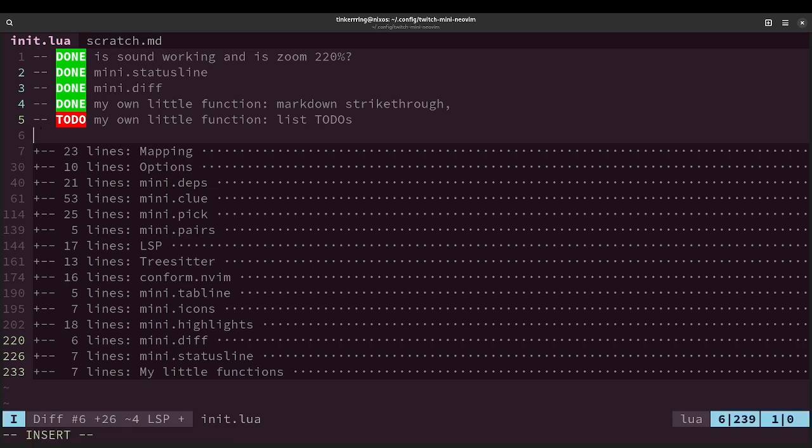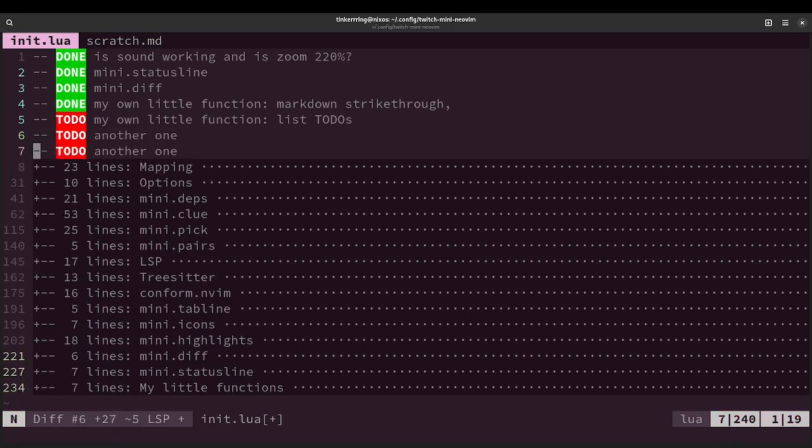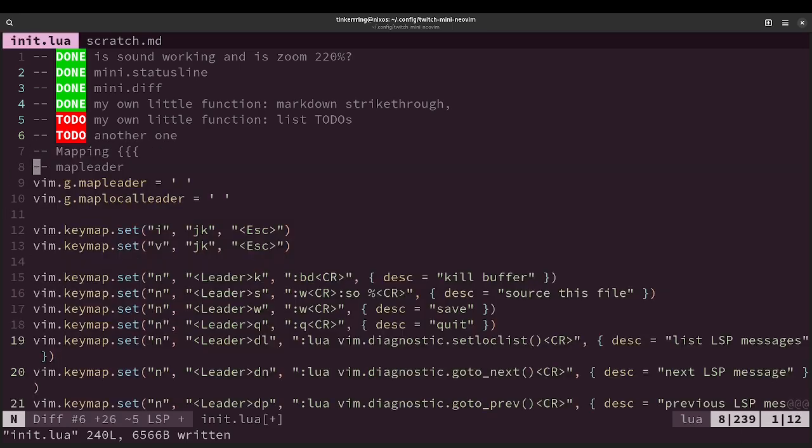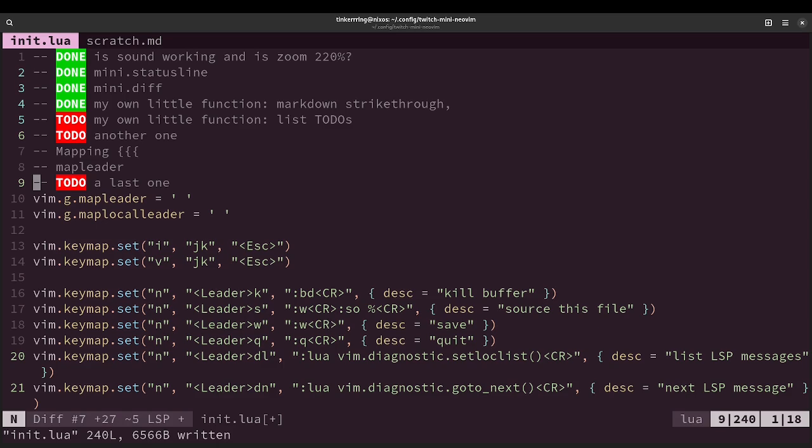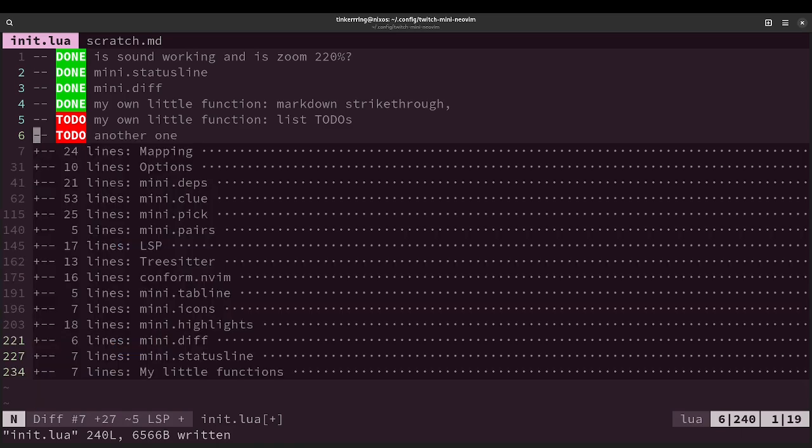So let's assume I have another one, and a last one, but they are in a weird order. Maybe one is hidden here. So I want to be able to